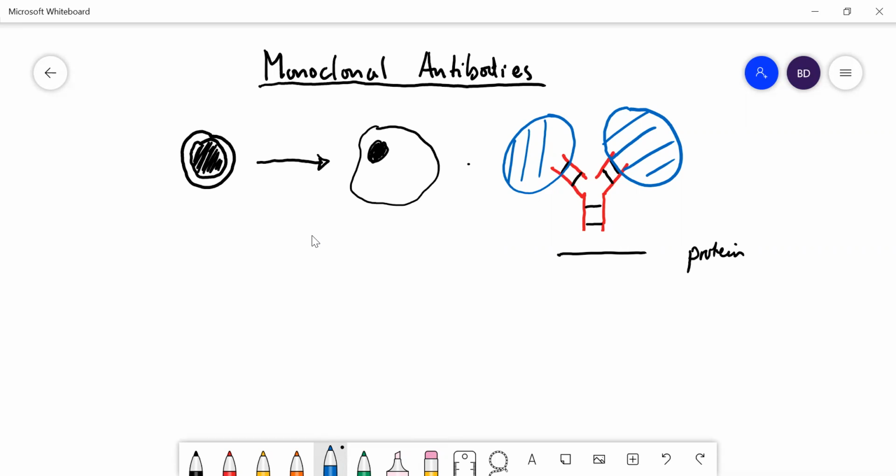Let's see what happens here. We have cells in our body called lymphocytes, which are white blood cells. And we have millions of different types of these, and each one can recognize a different protein. Some of them may never actually get around to recognizing that protein. They just circulate in your blood, waiting to come into contact with it. But if you do come into contact with that protein, like the spike protein, the lymphocyte will be activated. It will divide many times,